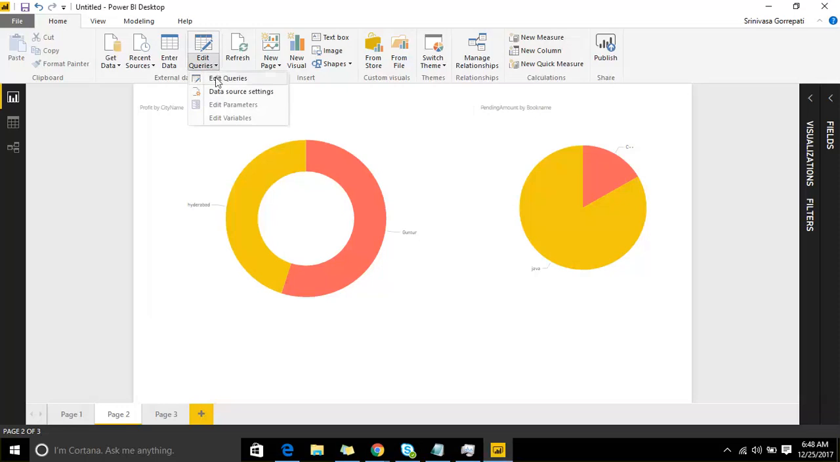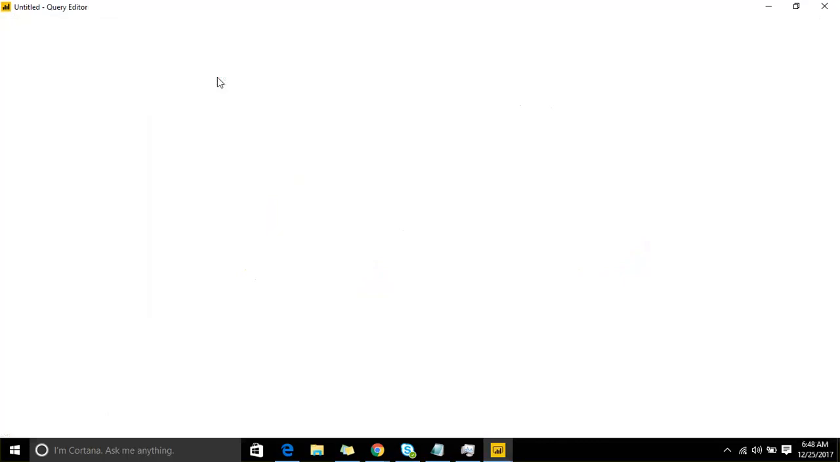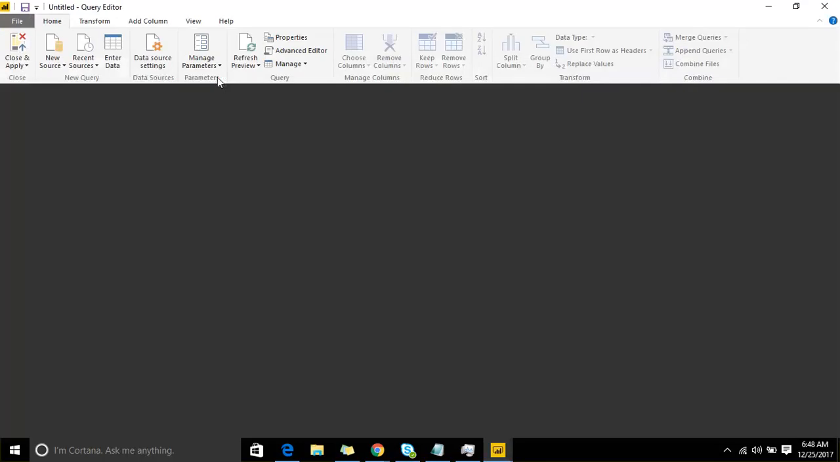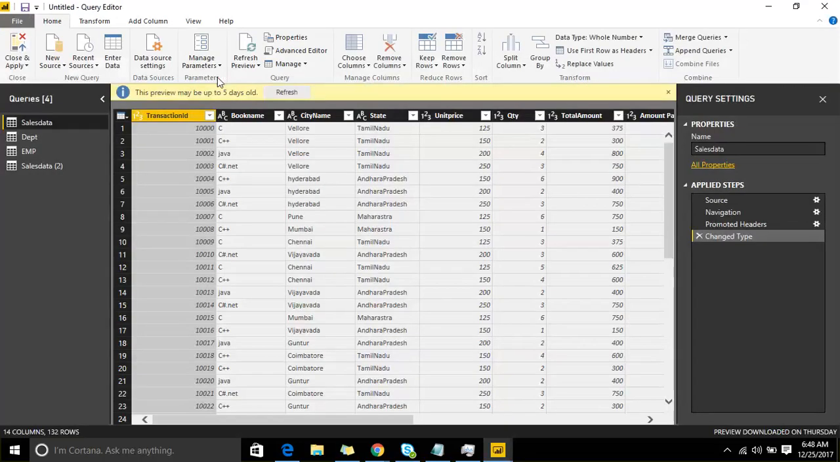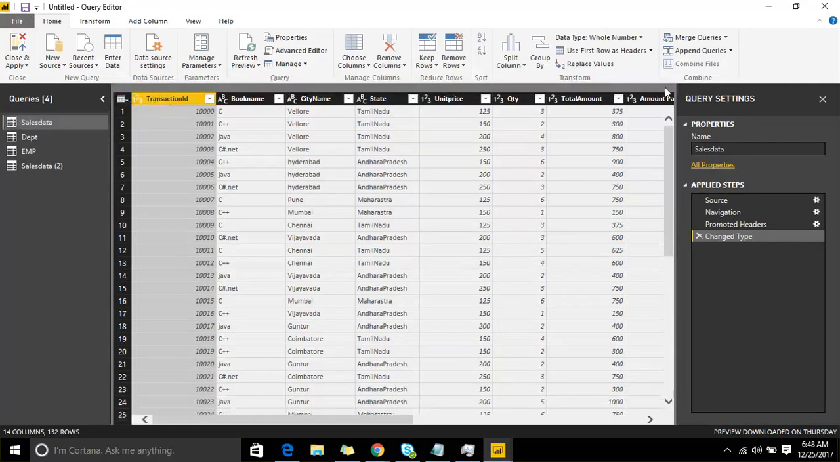At the time of connecting any source, it is going to showcase an option called edit, which will allow you to transform or filter the data according to your needs. Whenever you click on edit query, it will take you to another place where you can perform some transformations. Now, here I came, and here I have mainly